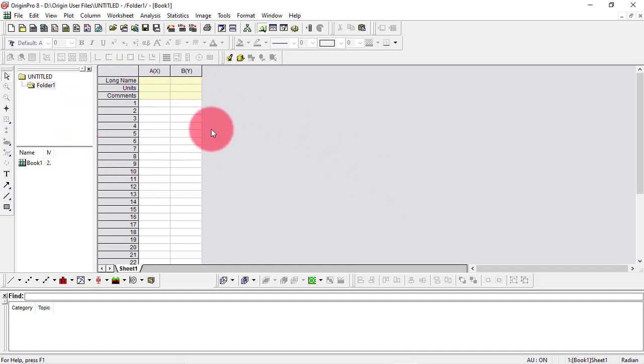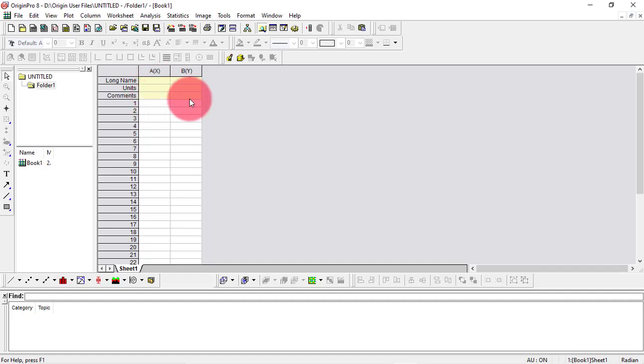So this is your workbook. Here you can write the quantities regarding which you are plotting your graph, and here you can write the units of the quantities, and this is the comment section. It will not appear in the graph. Whatever you write in the long name for X and for Y will be set as the label for the X-axis and the Y-axis respectively, and the units will also be displayed in the graph.